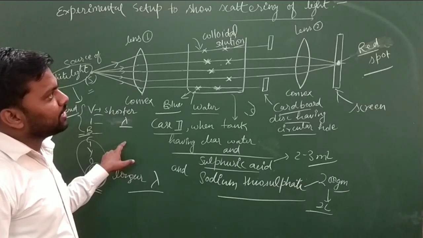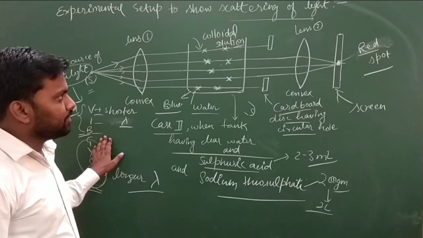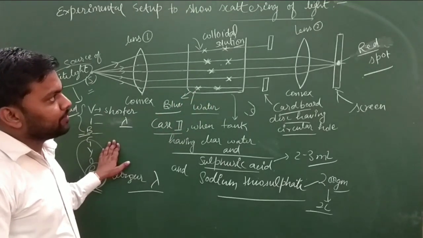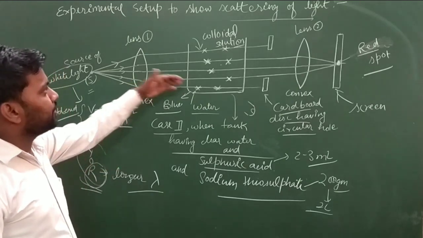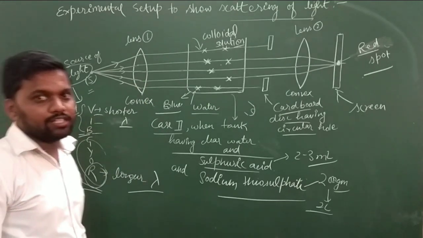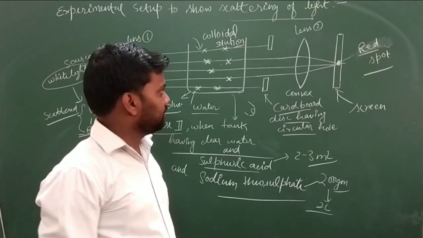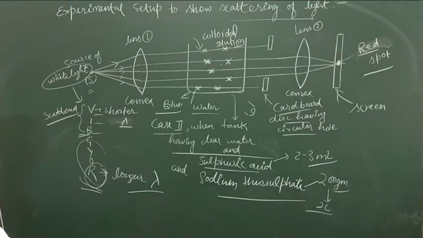But most of the red light and other colors move straight forward in the same direction, and it can also be seen in different conditions. We see the scattering of light in the atmosphere when the sun becomes red at sunset, at sunrise, and in other applications also. So this was the experiment related to the scattering of light. Okay students,